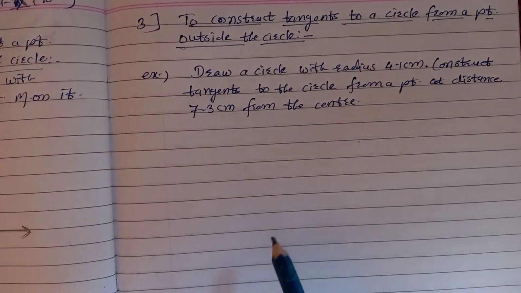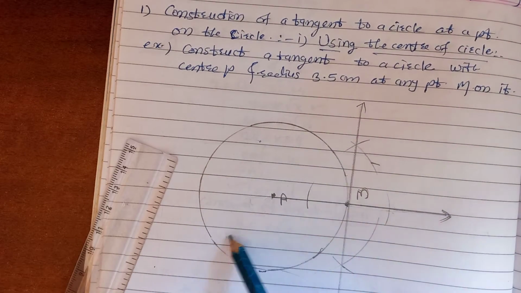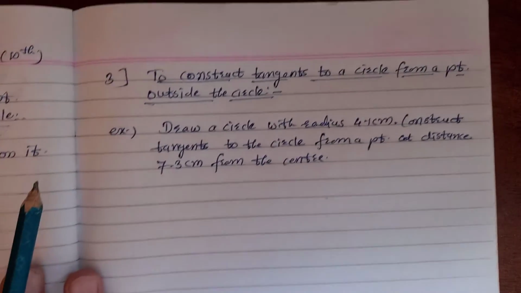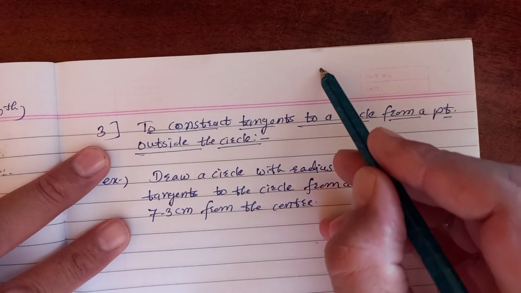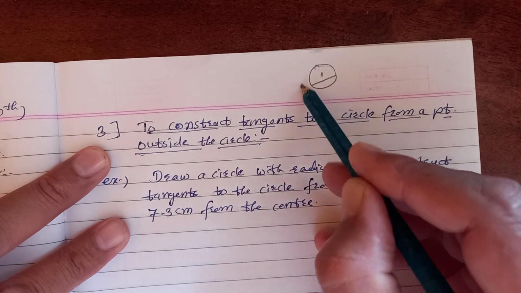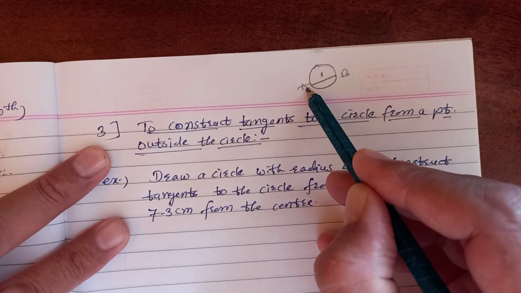So draw a tangent to the circle. Maybe they can give the chord. In this example, maybe they can give the chord, meaning you have to draw the chord by taking the distance, and you have to draw the tangent to the circle from both the points. Suppose, for example, this is the circle. You drew the chord, whatever length is given, AB. You have to draw the tangent to the circle from point B and also A.